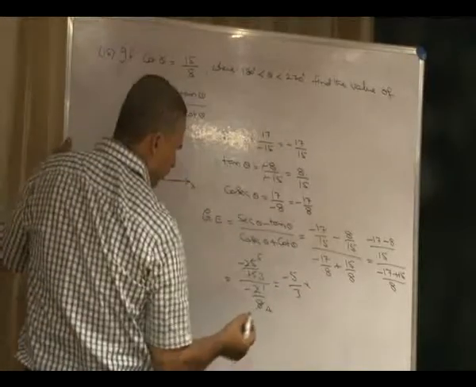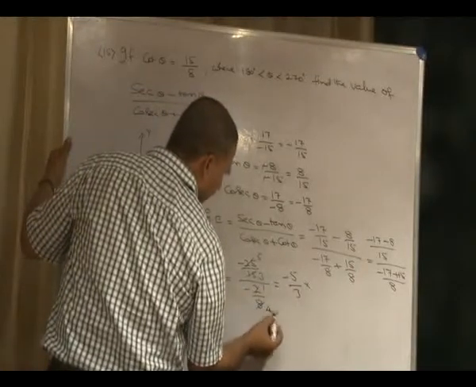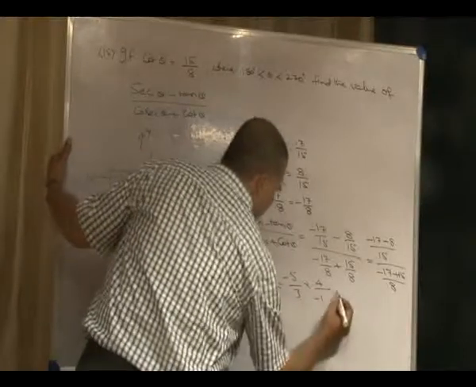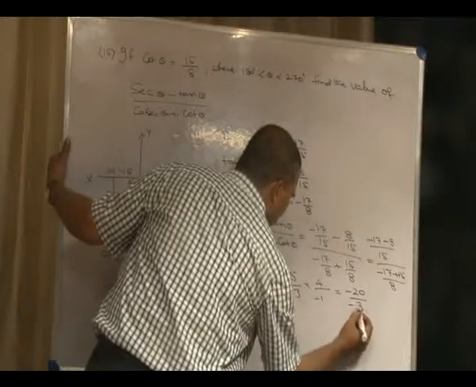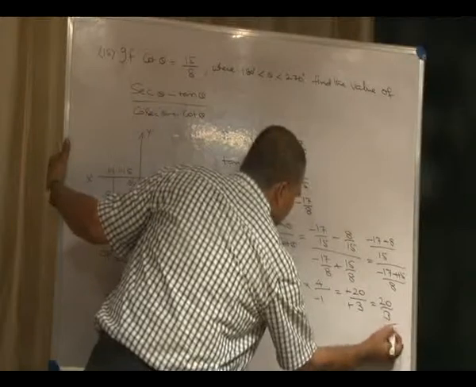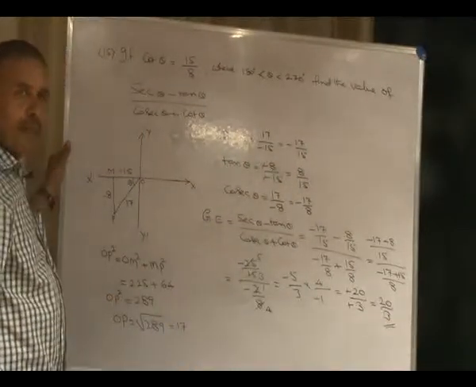Into, here when we take the divide sign as a multiplication sign, this 4 goes to the numerator, 4 by minus 1. That is equal to minus 20 by 3 into minus 1 is minus 3, minus cancels, the value is 20 by 3. The value of the given expression is 20 by 3.